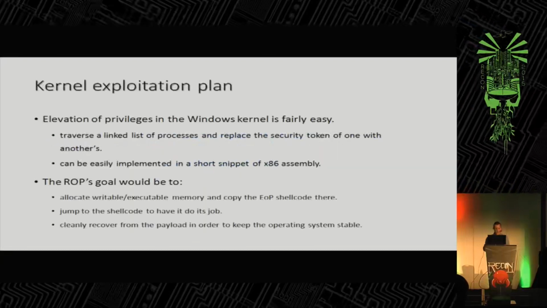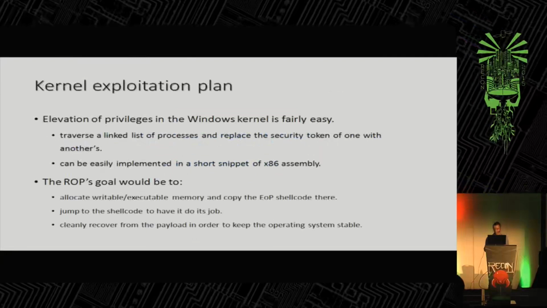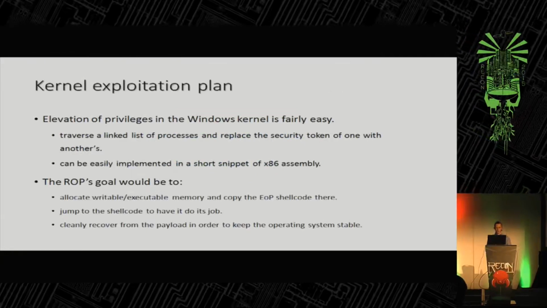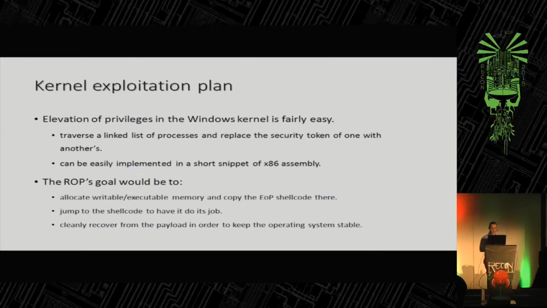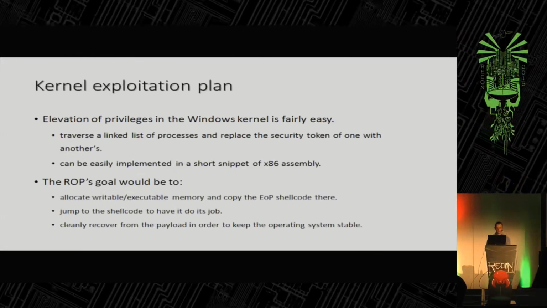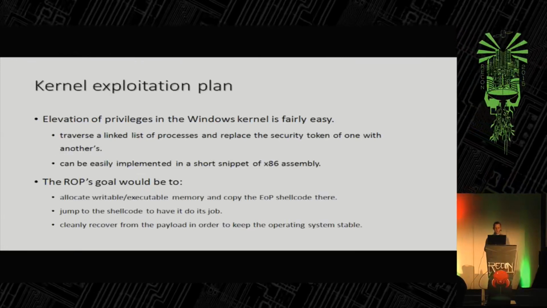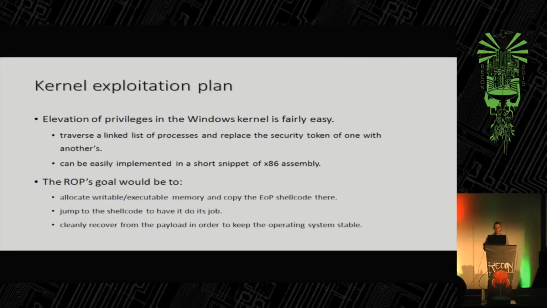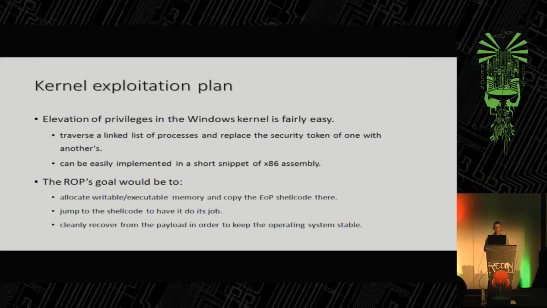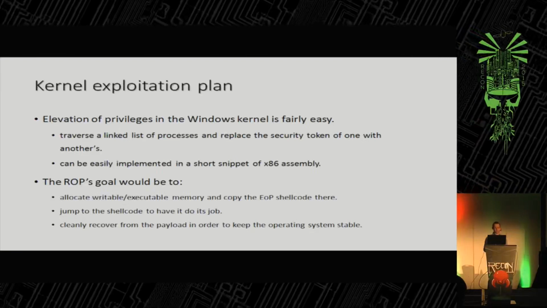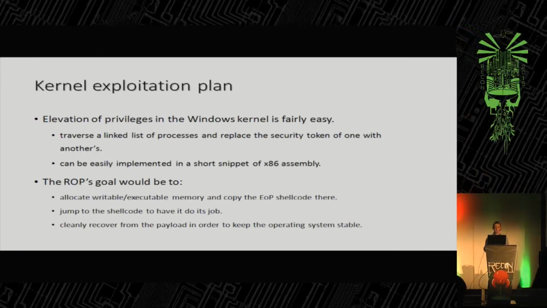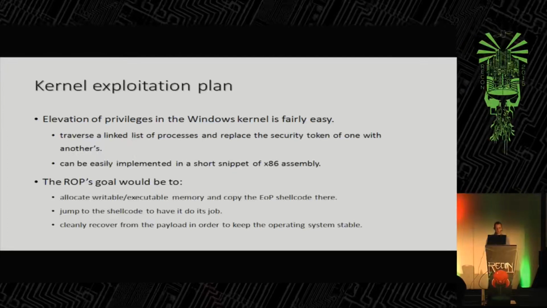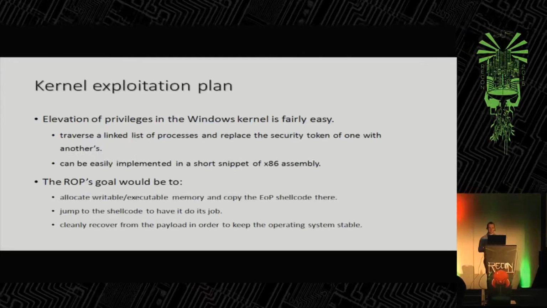32-bit. Let's start with 32-bit because this is the same vulnerability that we can use with Adobe Reader. If you know a little bit about the Windows kernel and how it stores objects in memory, you know that elevation of privileges is very easy. You just have to find a very privileged process, copy the security token of that process, and copy it inside the structure that describes the other processes you want to elevate, and it can be really easily implemented in a short snippet of